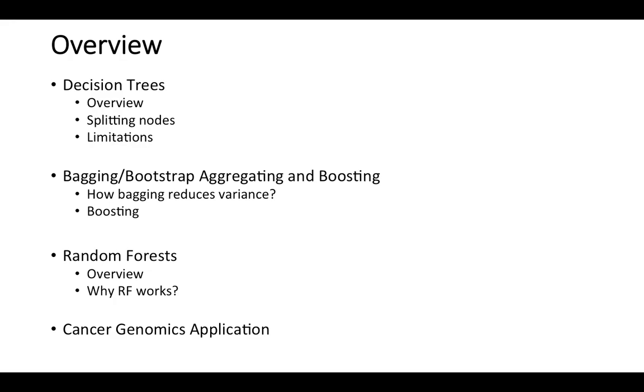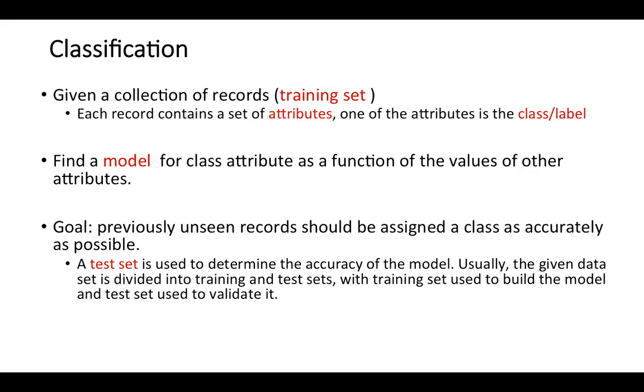And we will also look at random forests, right? What are random forests and why does a random forest actually work? That's one of the critical questions that needs to be answered. Any algorithm that you know, without understanding its limitations or why it works, is just incomplete. You can't claim yourself as an expert in machine learning unless you learn its limitations and why they work and don't work. So we will go over that, and at last we will see a specific application of these random forests by the name CASM, which uses these techniques to predict driver and passenger mutations, and we will see in general,